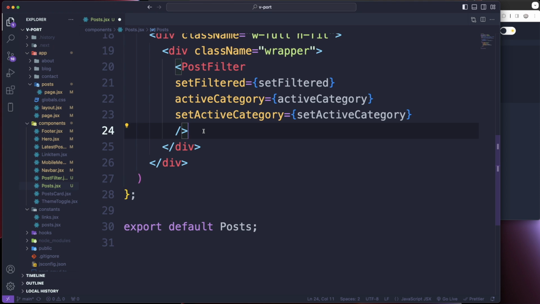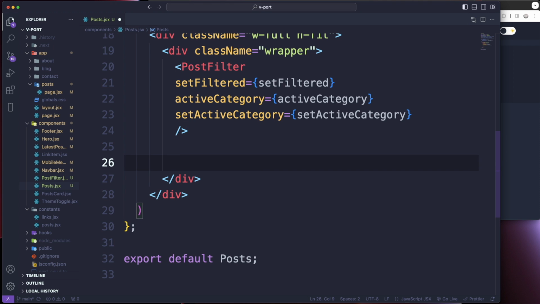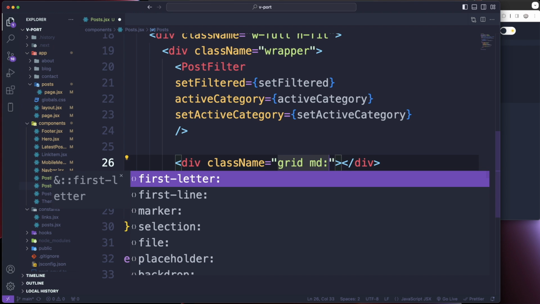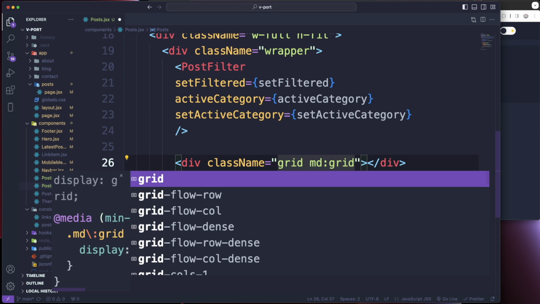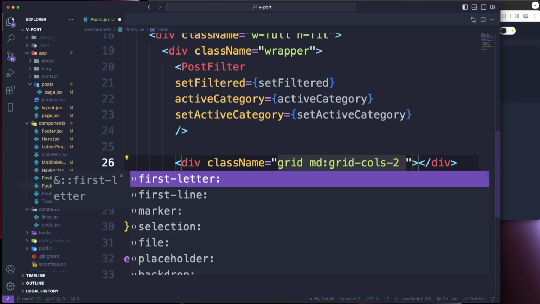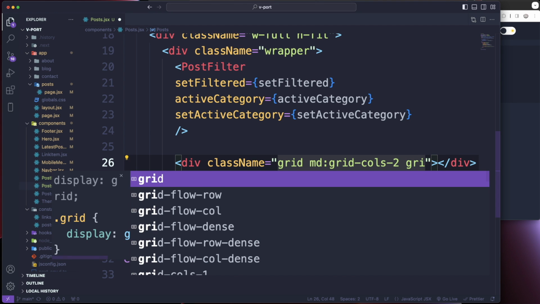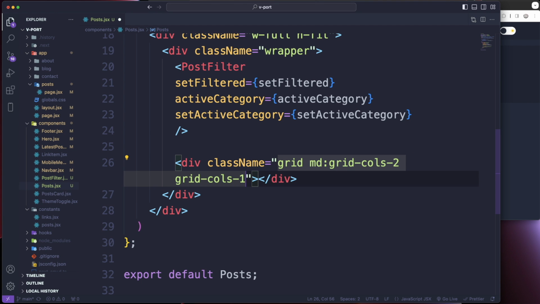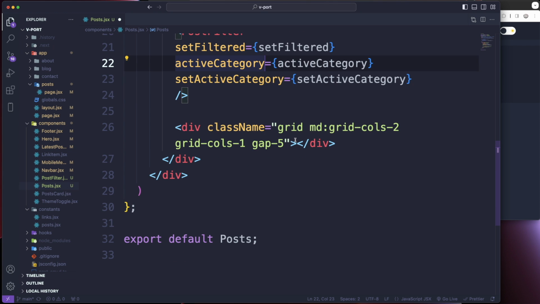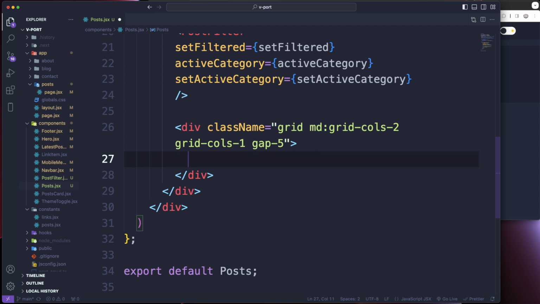And underneath this post filter, we have another div, and it's gonna have a class name of grid. On medium screens it's going to be grid cols 2, and then on small screens we're going to do grid cols 1, and we're going to also do a gap of 5. All right, and in here, this is where we're gonna